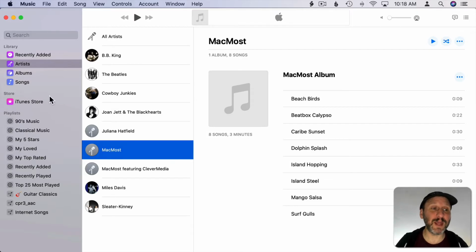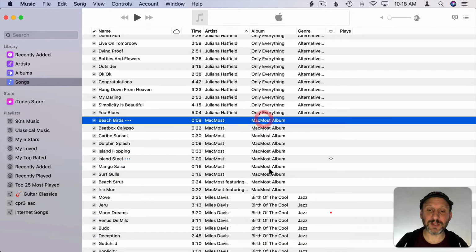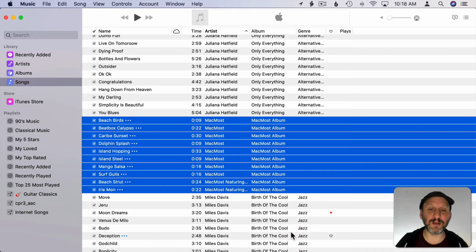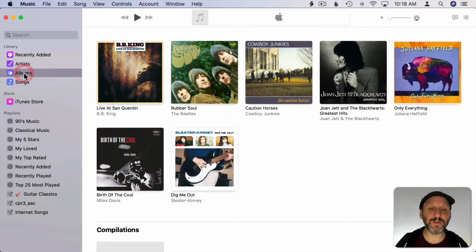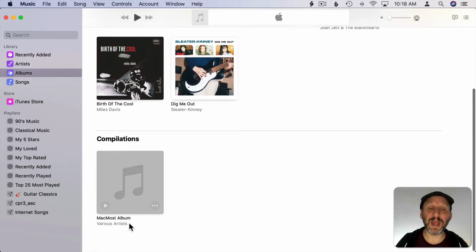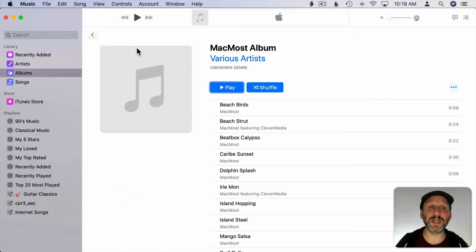So how do I group them together? Well, let's go back into songs and I'll select all of these again and do Command I. So there's two things I can do to put these all together. If these truly are different artists, say it's a compilation album, has various artists associated with it, I could go down here to compilation and check that box. And what that will do is it'll say, okay, the album name is now the most important thing. Even though the artists are different, I'm going to group them together. So when I go and look at albums here, you're going to see that there's a new group at the bottom called compilations, and there's that album with all of those songs in it.